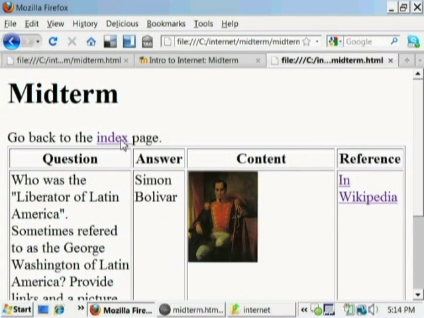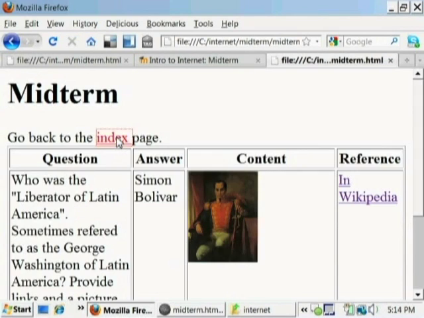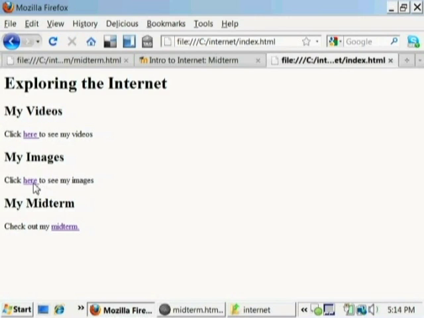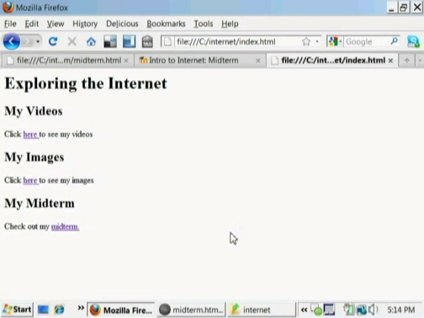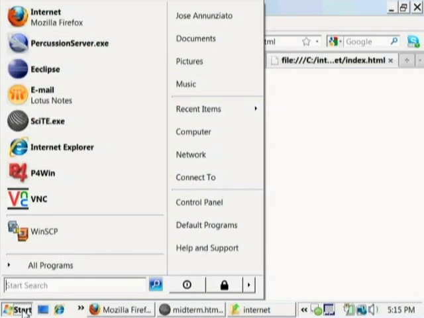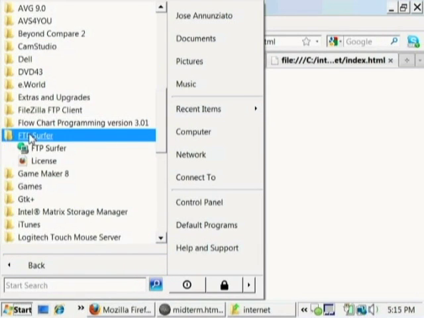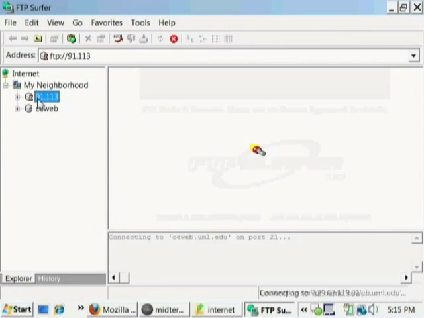So there it is. We refresh the midterm. There it is. That's the hyperlink we've just created. It does take us to the index page. So now you can navigate back and forth between the index page and the midterm. And all the other links are still working. You can get to the images, the videos, and the midterm. That's great. So when you feel comfortable with your website working locally on your machine, it's time to go and upload your website to the